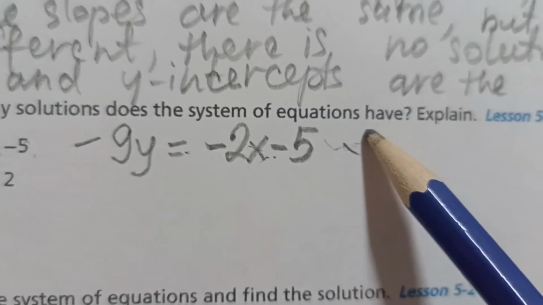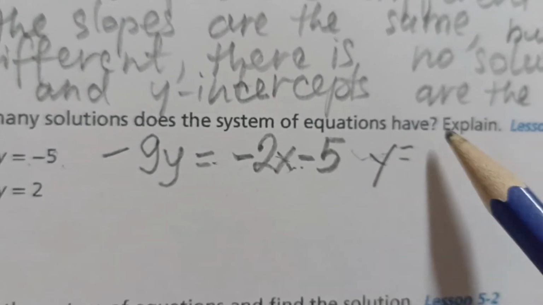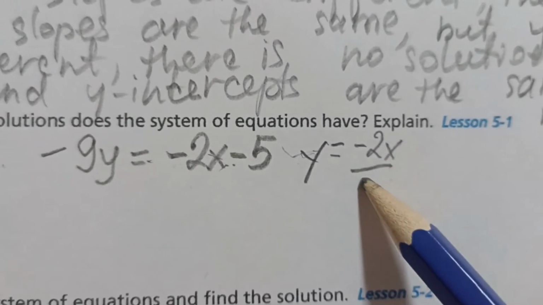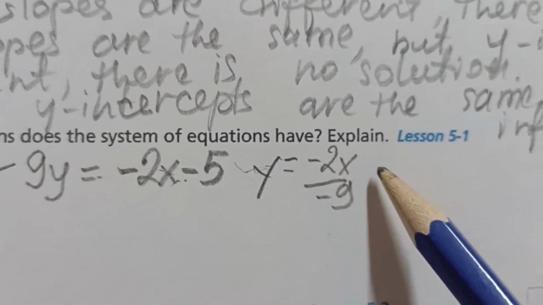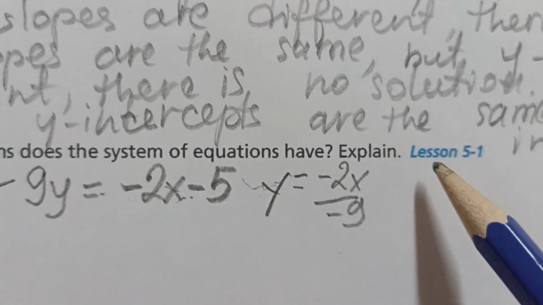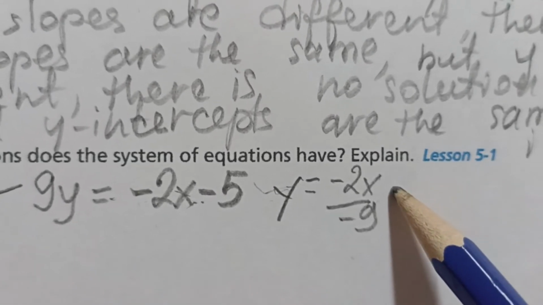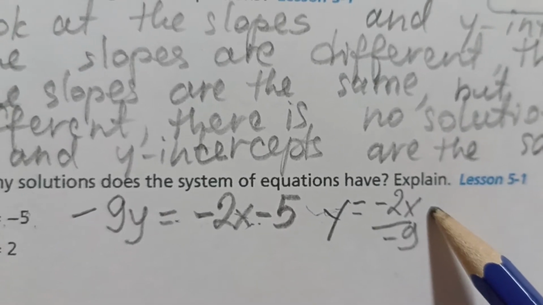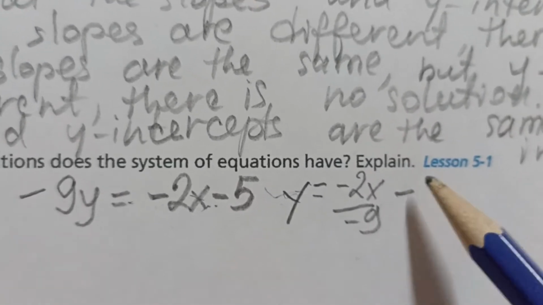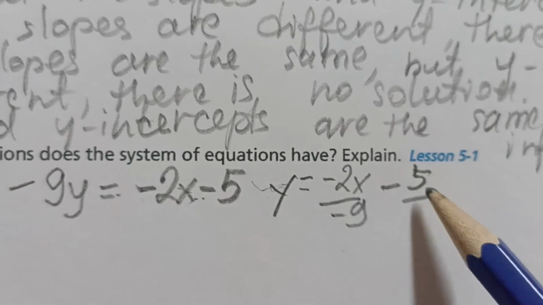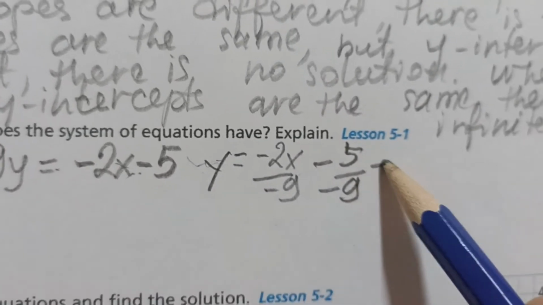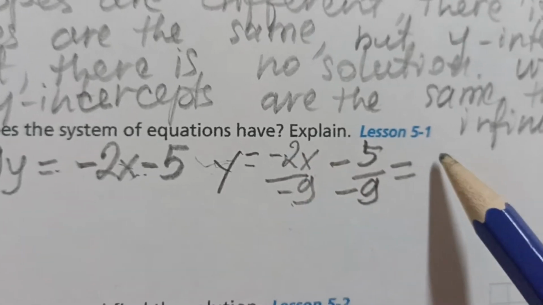Then to identify y, you divide every number. So you divide minus 2x by minus 9, and then you divide minus 5 by minus 9, and as a result, minus by minus gives you plus, so you will get